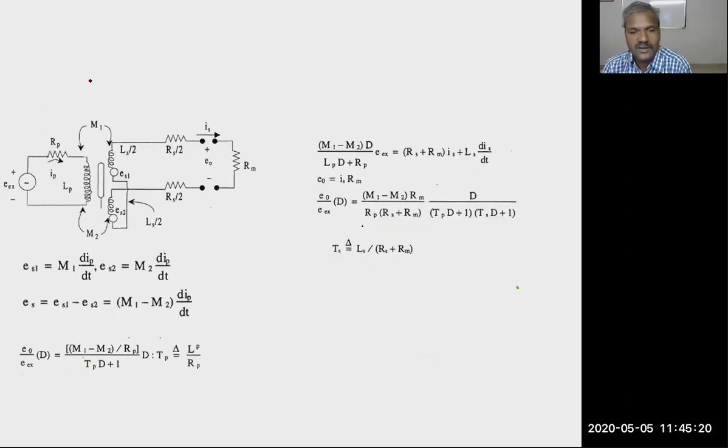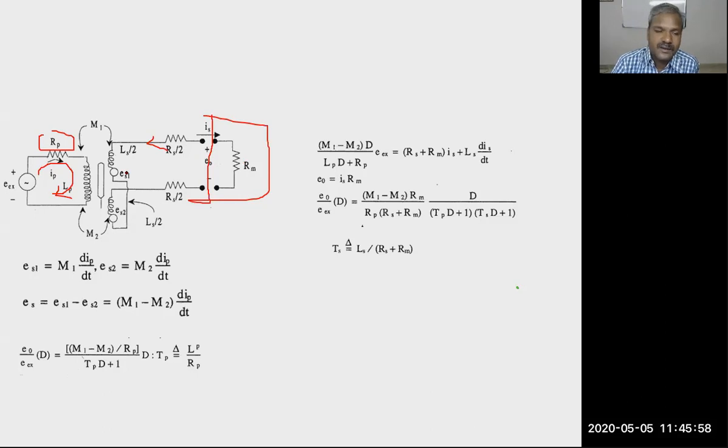Actually, this is the equivalent circuit of the LVDT. The primary coil consists of a coil whose resistance RP is the primary resistance. This is the primary inductance. The current flowing inside this is IP. When there is no meter connected across the output, the secondary is open circuited, and there won't be any current flowing in this part, because only if the circuit is closed will current flow in the secondary.